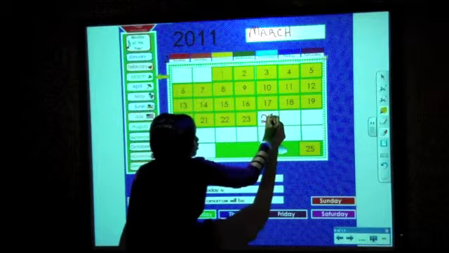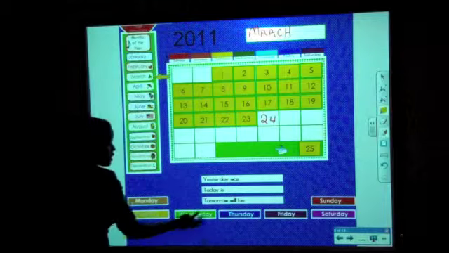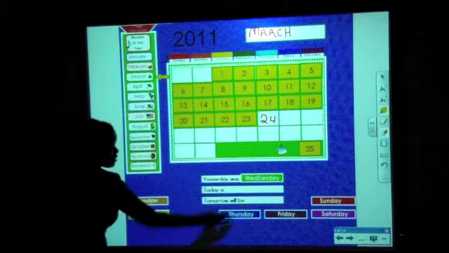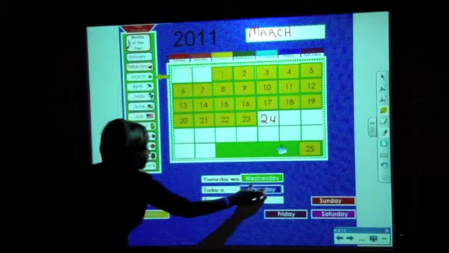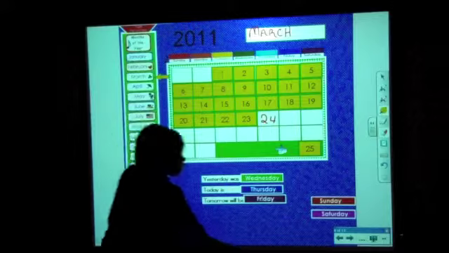And as you can see on this slide, they can either slide the date in, or they can write it in. Today's the 24th. And they can learn about the days of the week. Yesterday was Wednesday. Today is Thursday. And tomorrow will be Friday. And on the next slide,